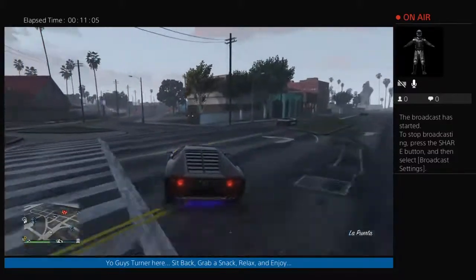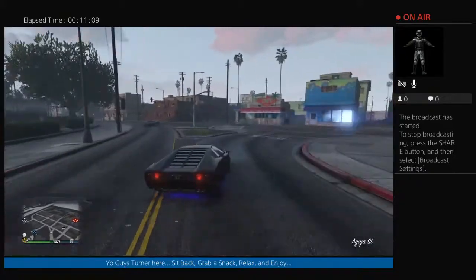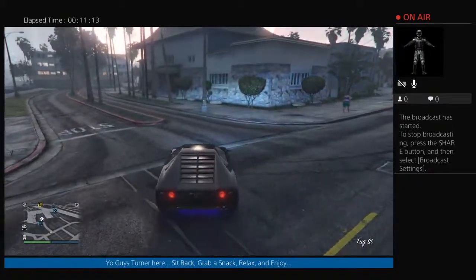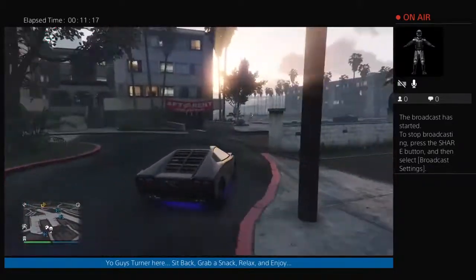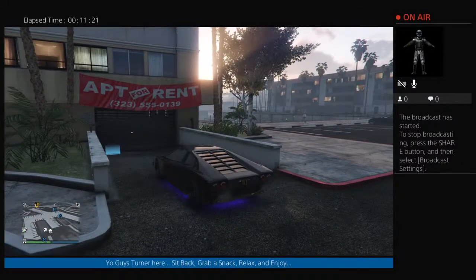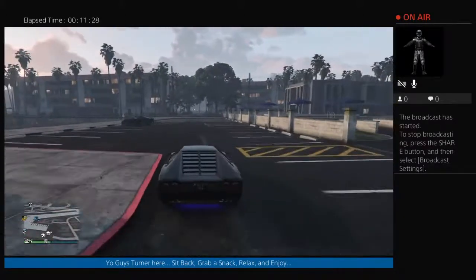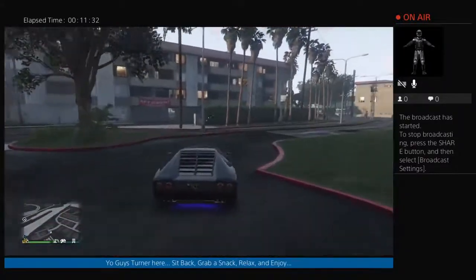But yeah, I'm thinking about getting the Ruiner 2000. That's gonna be my next car. I'm probably just gonna sell this and get it. I mean, I like this car, but I also like the Ruiner 2000 on the missions that I've played with it. And it's just a really cool car. And it jumps. And you can get a parachute. Even though it's not very fast while flying, or parachuting rather,